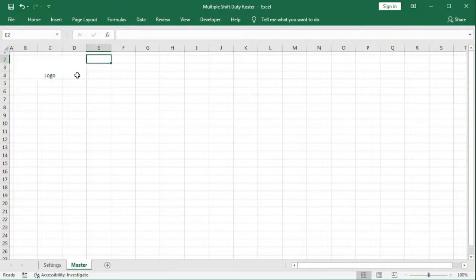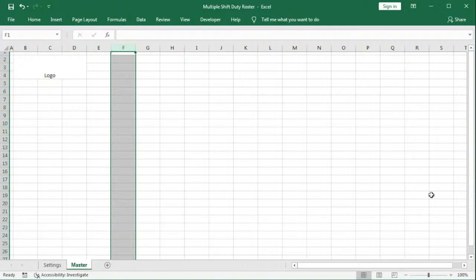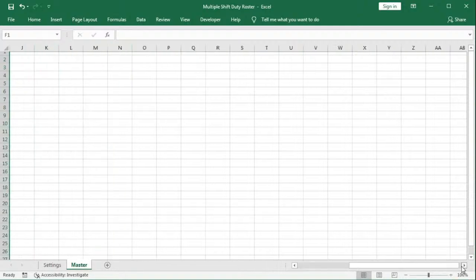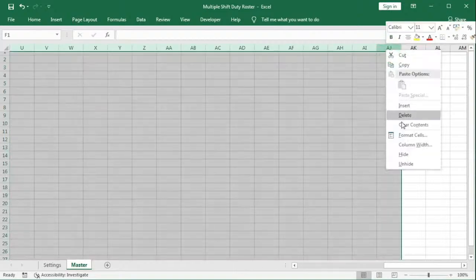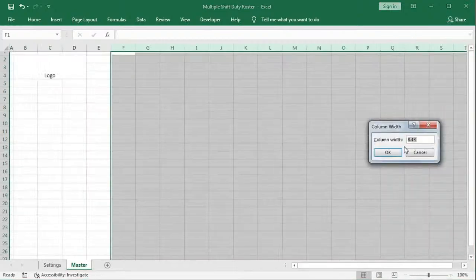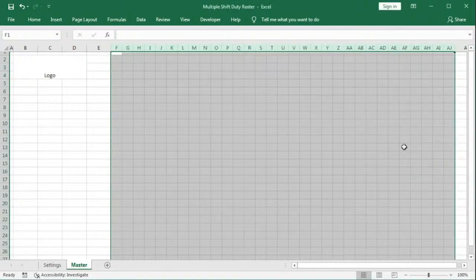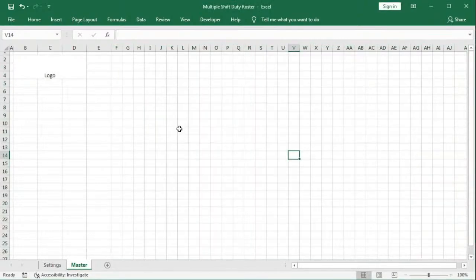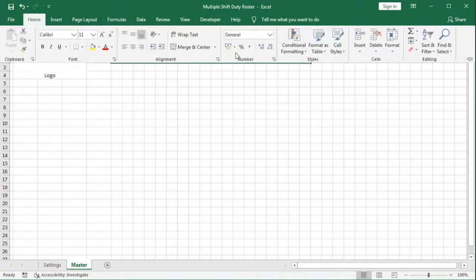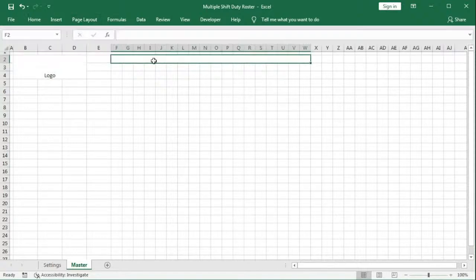Then first select from column F to AJ. Here, now right click, column width 3.43. Now select the cell from F2 to W2 and merge it and type here duty roster